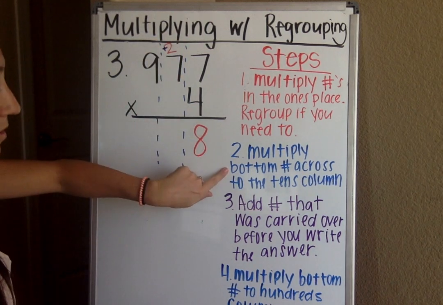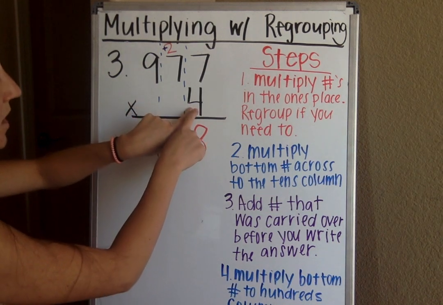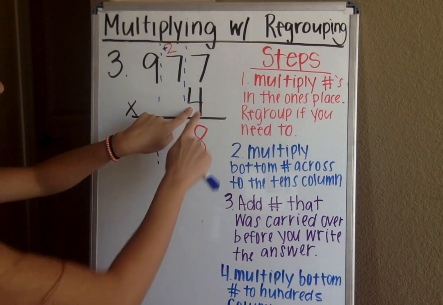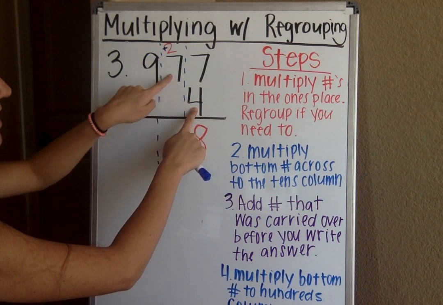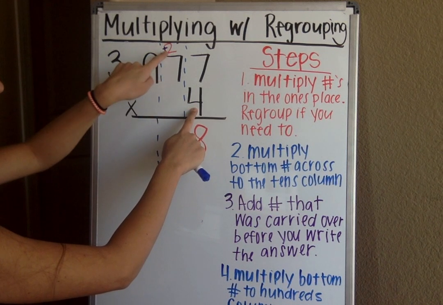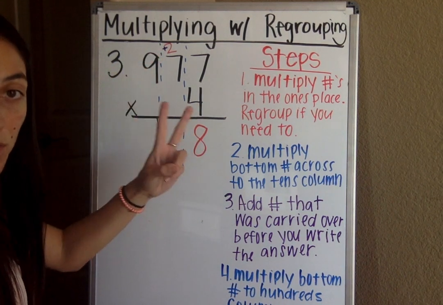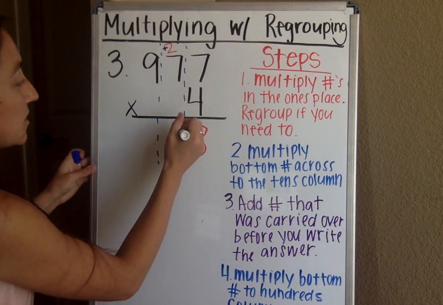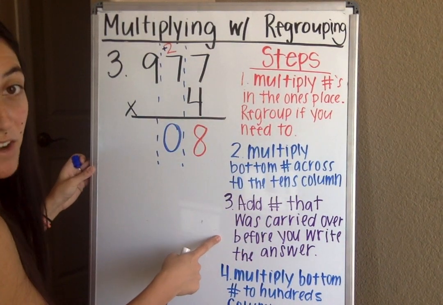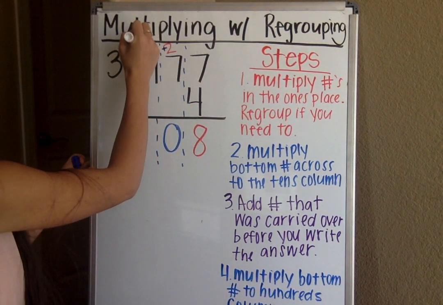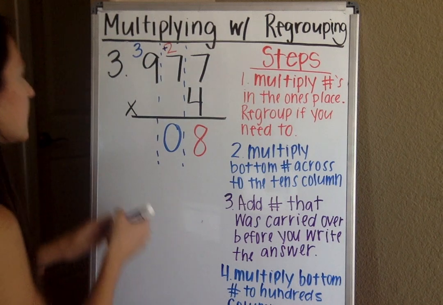Now, step 2 says to multiply the bottom number across the tens column. So I'm going to take my number at the bottom, multiply it across. So 4 times 7 again is 28, but I have to add 2. So 28 plus 2 is 30. So I am going to put a 0 here, and again, I have to carry over. So now I'm going to carry up to here, and I am going to put my plus sign again